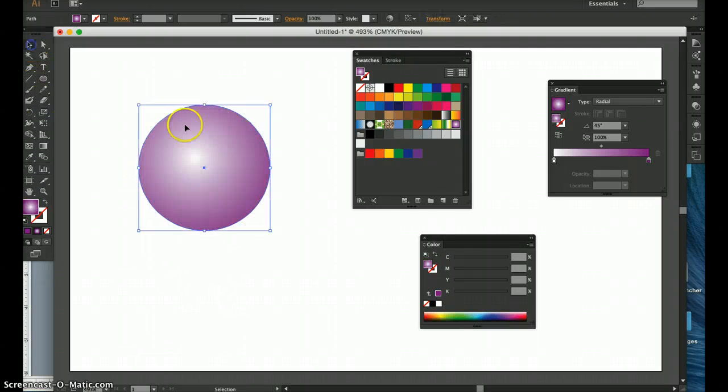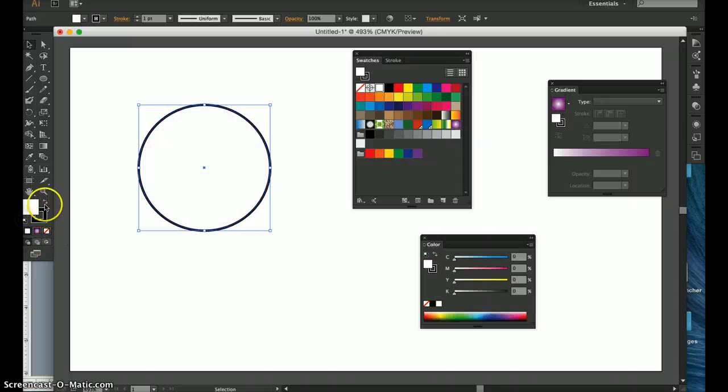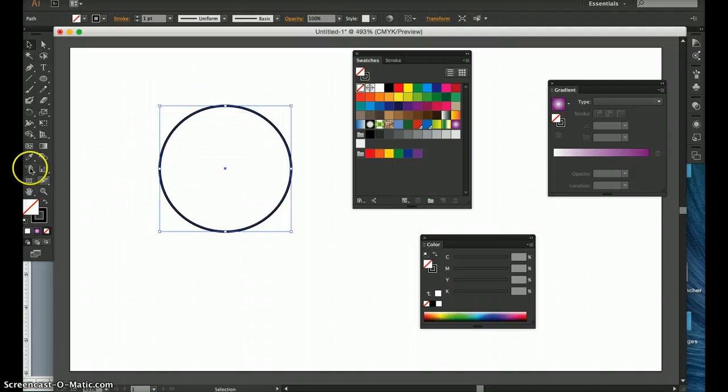at first. Take all the fill and everything off of it. Make it clear like that. Clear with a black stroke. Okay, so here's our shape. Gradient mesh tool is this thing right here. See that? Mesh tool. Now this is an illustration tool, meaning we can try to create some realism with this